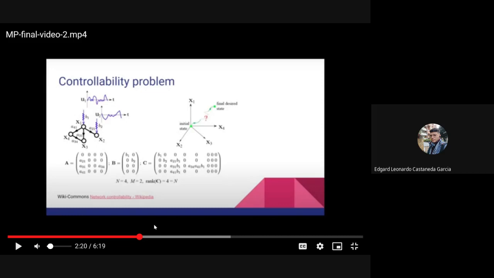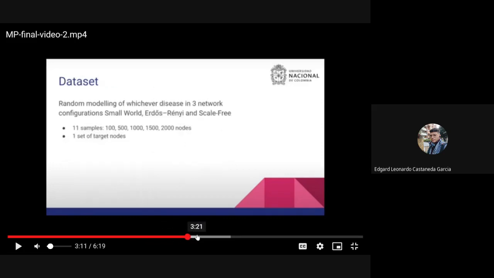There are several ways to assess the controllability of a network. This is one of them, the one that they use in the article, which is assessing the Kalman rank controllability. But we did another thing, which was assessing the controllability by reaching each of the target nodes with the input nodes directly. So, for example, in this network that we are showing here, we can control target X4 via X1. And that was the objective of our approach to this problem, because assessing this controllability problem